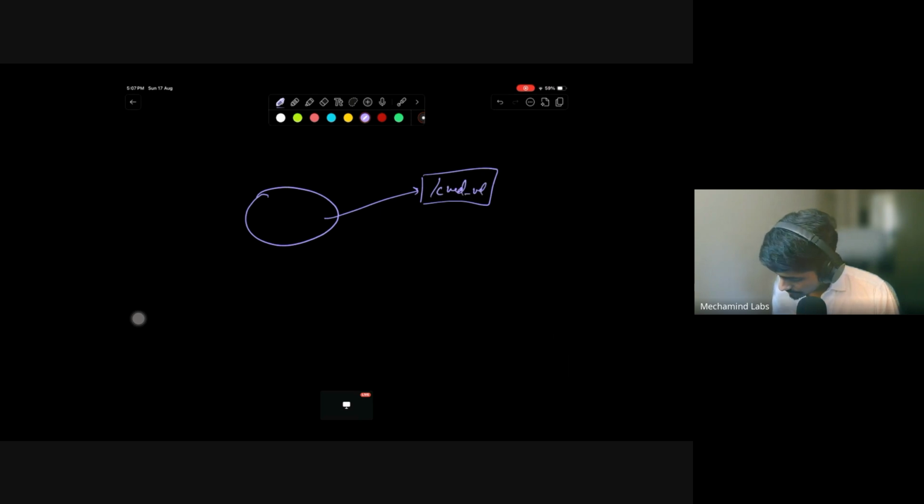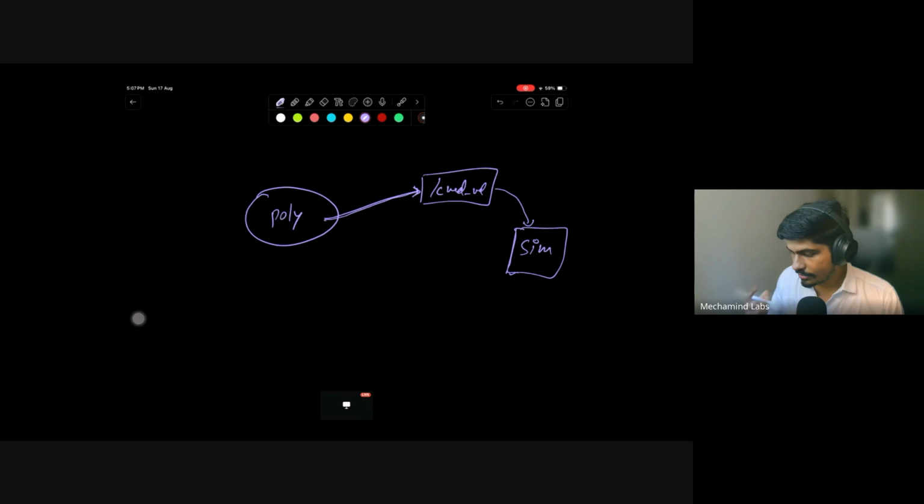So the turtle sim node is subscribing from the command velocity topic. I'm writing it as turtle sim node, and this is our polygon node. This polygon node is publishing to the command velocity topic. Turtle sim node, which is this one, is subscribing from the command velocity topic, then moving the turtle. Now, how will I know that the velocity I am publishing, the turtle is moving at